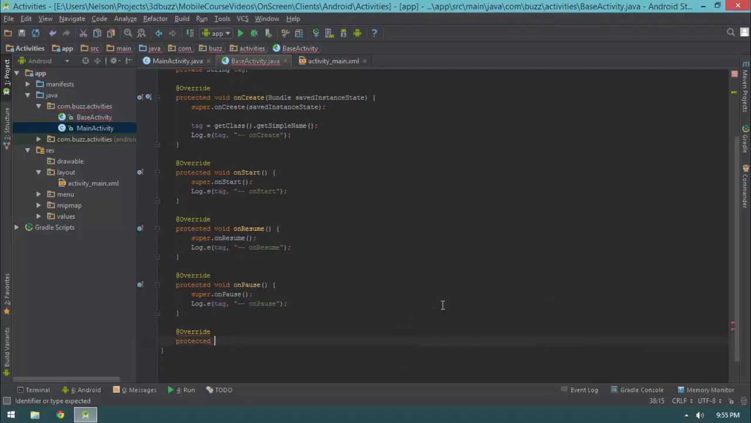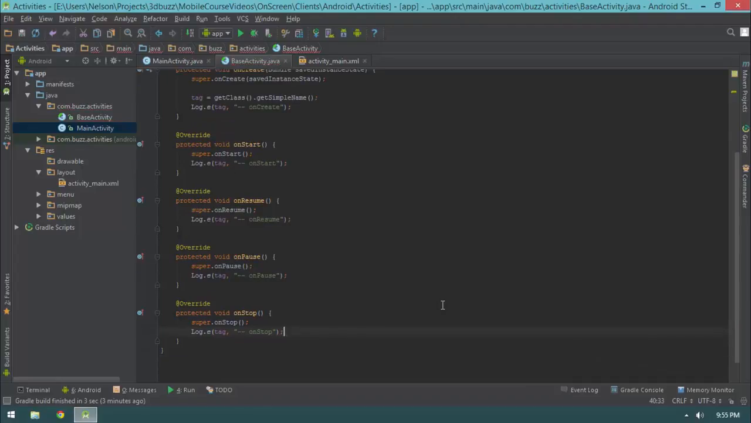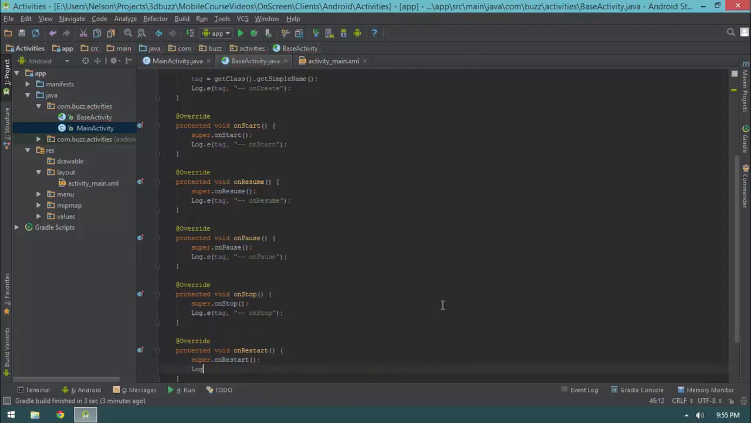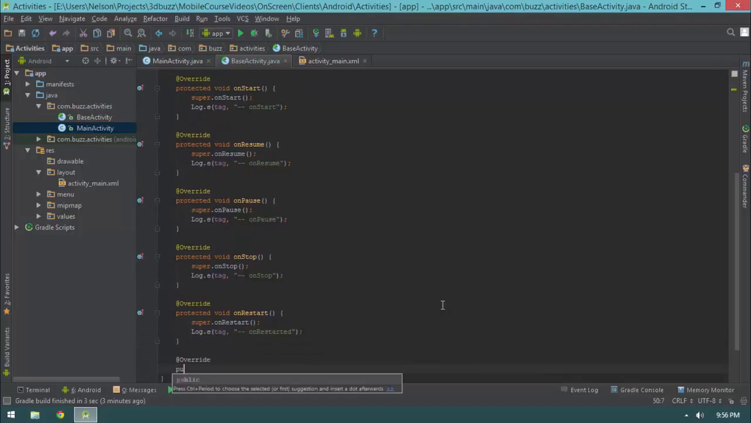So then, after that, we're going to have an onStop. OnStop is all about the activity being stopped for all intents and purposes, but not necessarily destroyed yet. So that's when that method gets invoked. We also have this onRestart method, which only happens when an activity is stopped and then restarted. Finally, well, almost last, we have